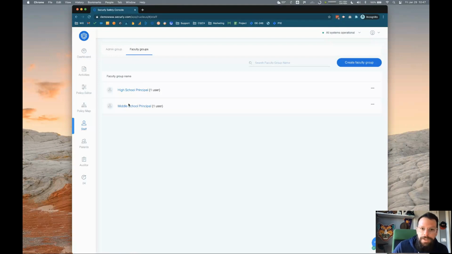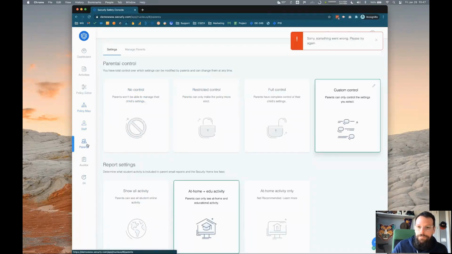But I always recommend including definitely all those building level and guidance counselor groups, because they're going to be a game changer in managing and maintaining control. So this is the staff section in a nutshell. Also with